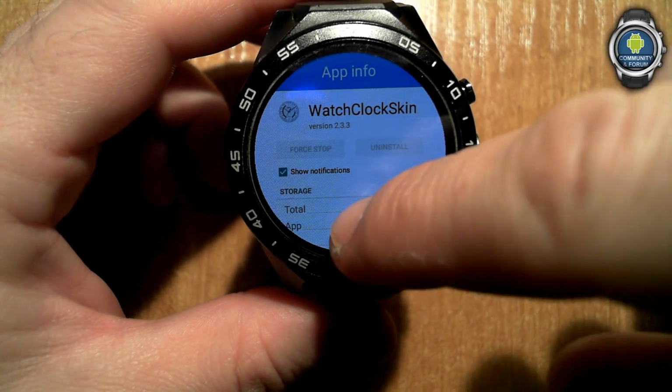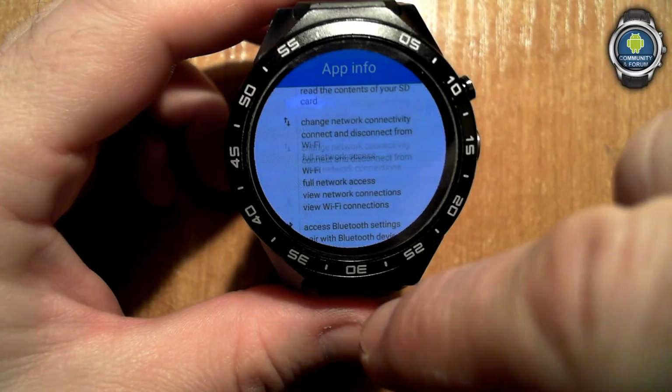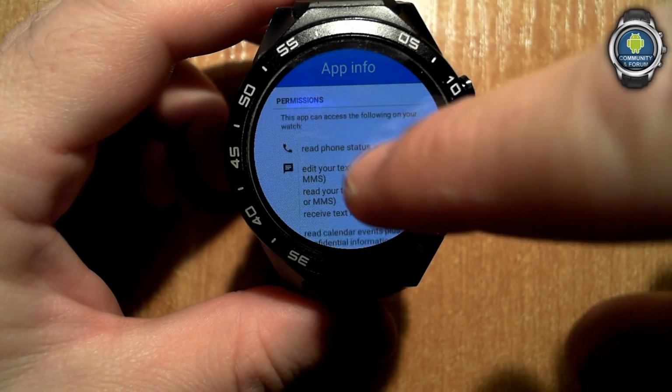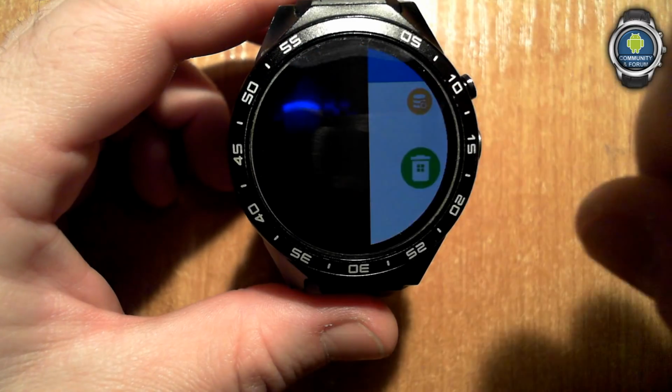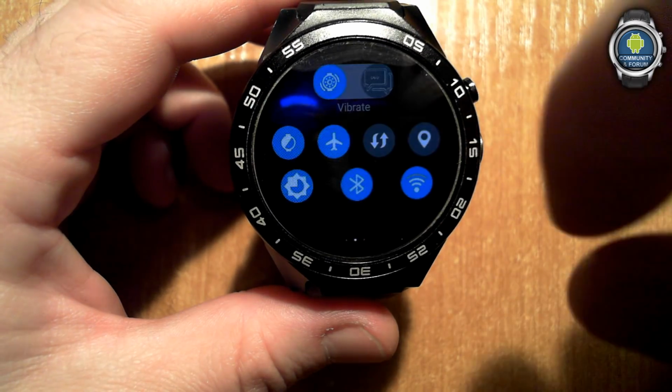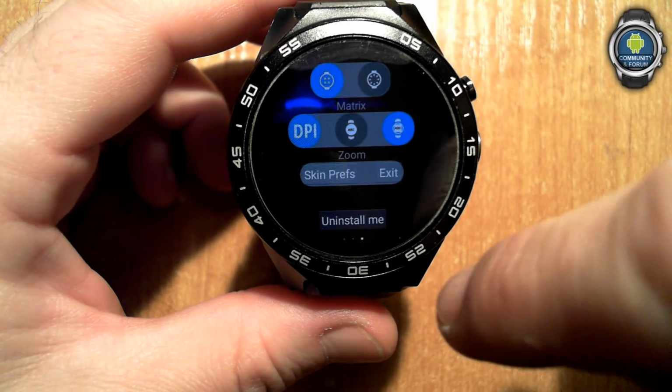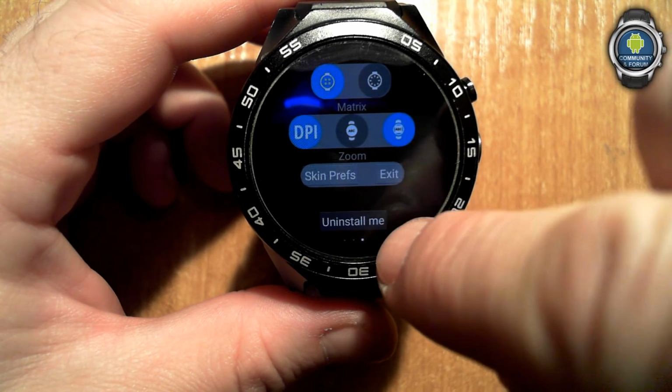You can't do anything about it except for clearing the cache or deleting some values, right? So we need first to hit uninstall me on the third